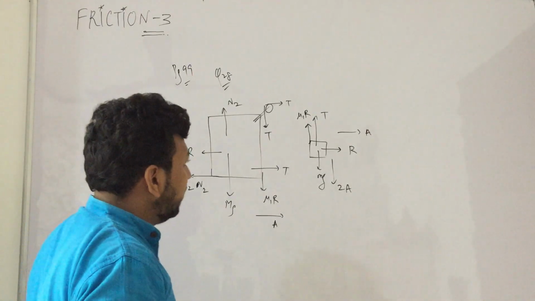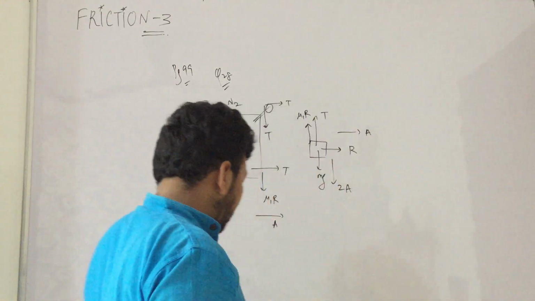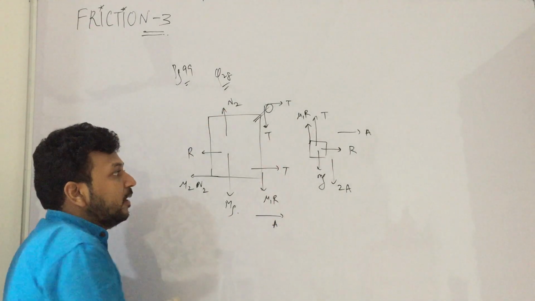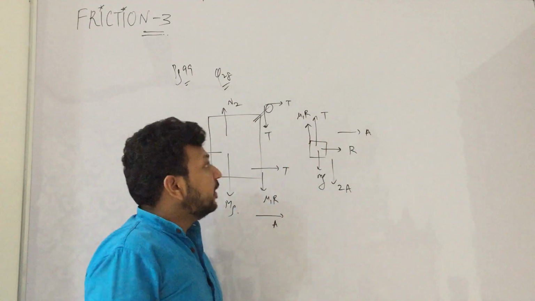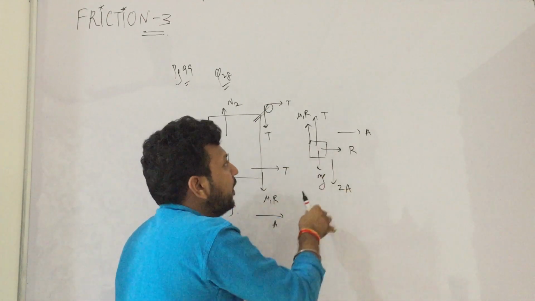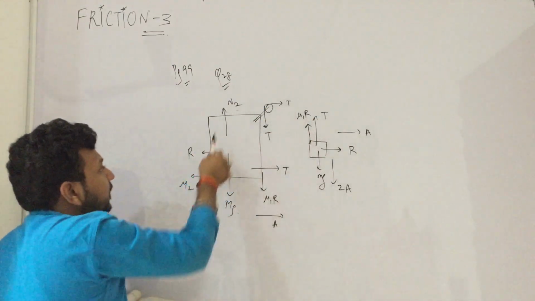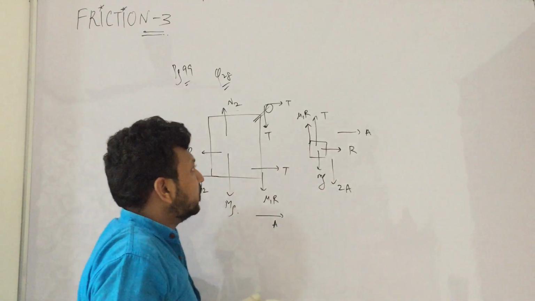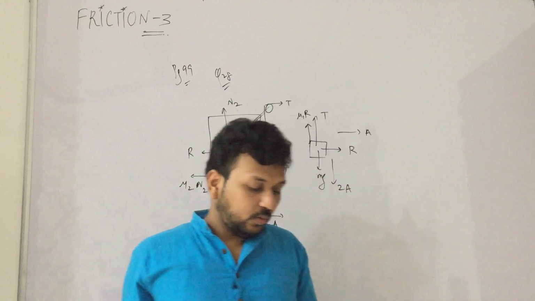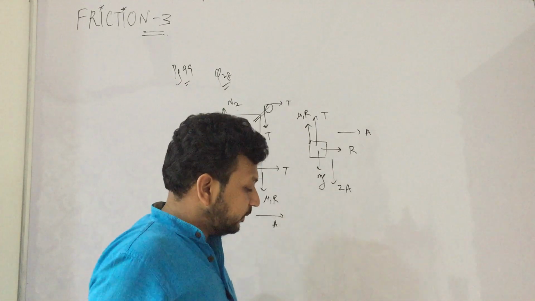I don't think there is anything remaining. If you still think there is something remaining, write in the comments and we'll discuss. So again, let us understand. Mg was there, small mg was there. Normal reaction came. As mg came, a tension came, and there was a tension here also. It started moving and exerted a force R, with an equal opposite reaction. Then there came a friction, with an equal opposite reaction. For this N2 there is also a friction force, and then the pulley had to handle some forces which capital M will ultimately handle. So all these things are there. Acceleration, it will move down, it will move ahead, and that's it.